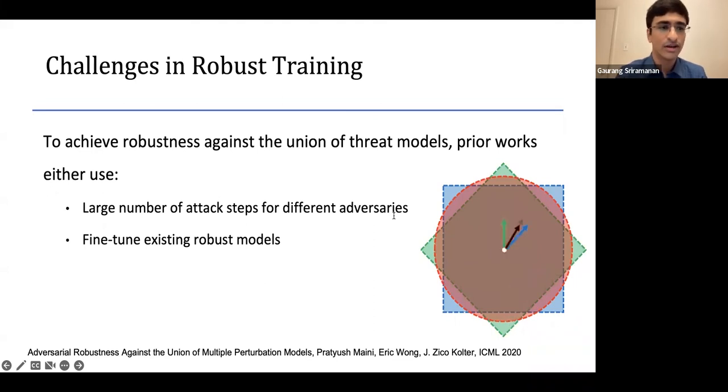There was also an approach called maximum steepest descent, which is shown in the animation on the right, which is taken from this paper, Adversarial Robustness Against the Union of Multiple Threat Models, which was an ICML 2020 paper, where they essentially generate a perturbation across all three threat models and keep only the final perturbation for the current iteration, which maximizes the loss. And the other distinct approach has essentially been to fine-tune existing robust models, but these rely on the existence of models that are already robust against a single threat model. And we essentially want to extend this to an efficient setting so that it can be carried out in practice